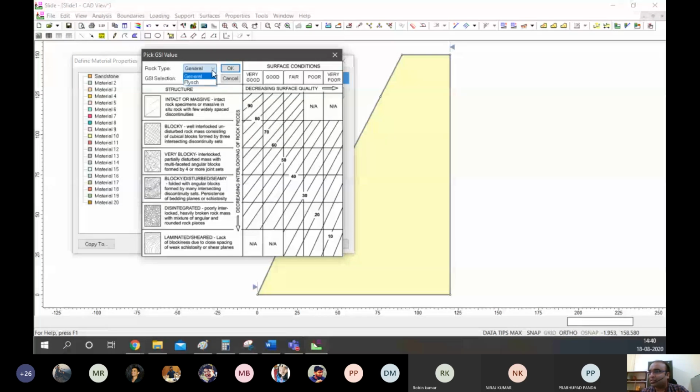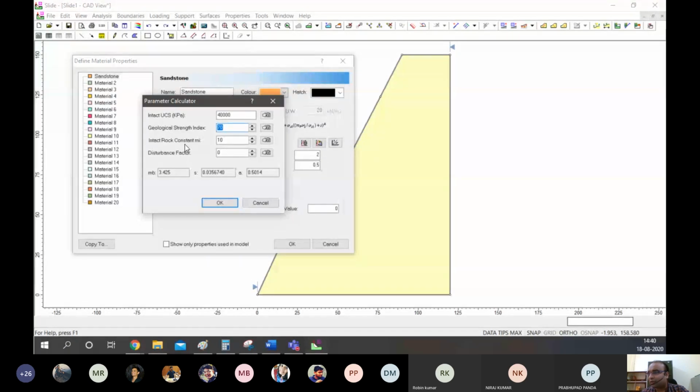In this case, let's assume we have a blocky nature of rock, but the surface condition is good enough. So let's keep it on the border of very good and good, and set it as 70. Once you click here, it will automatically take the value.